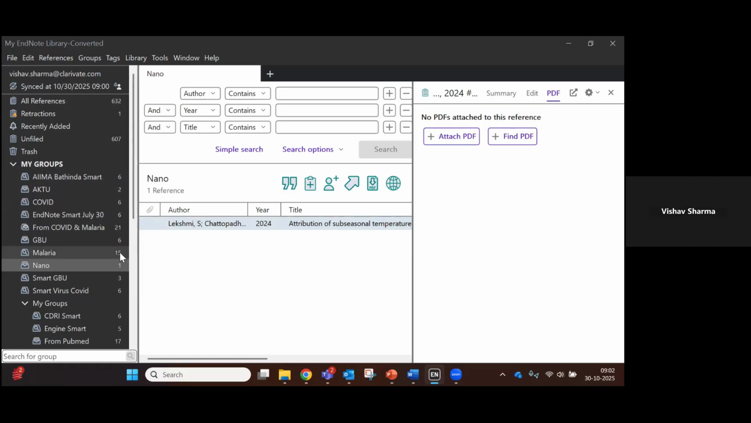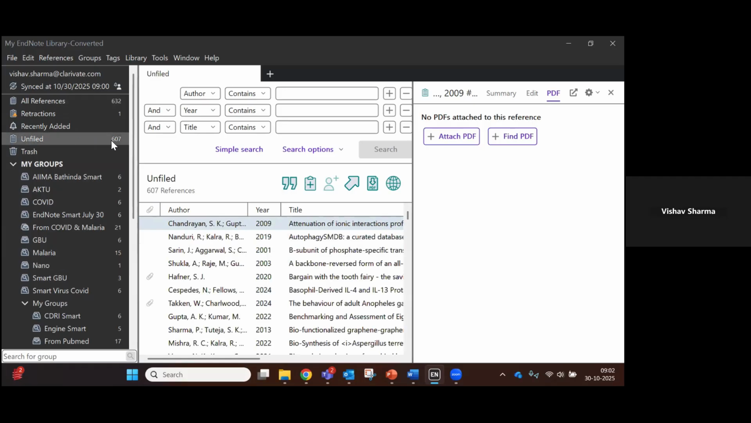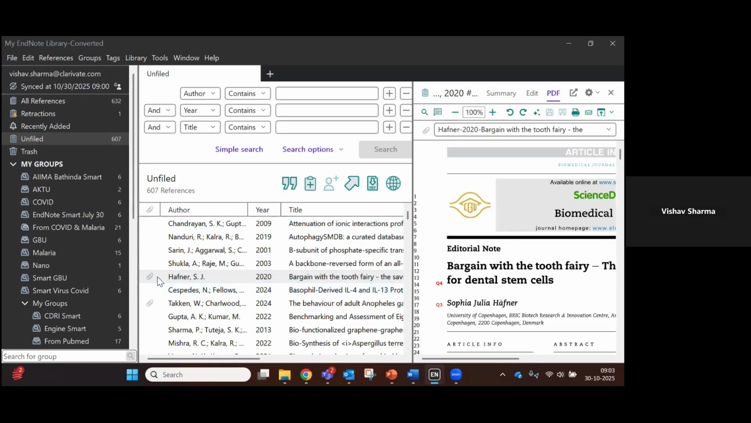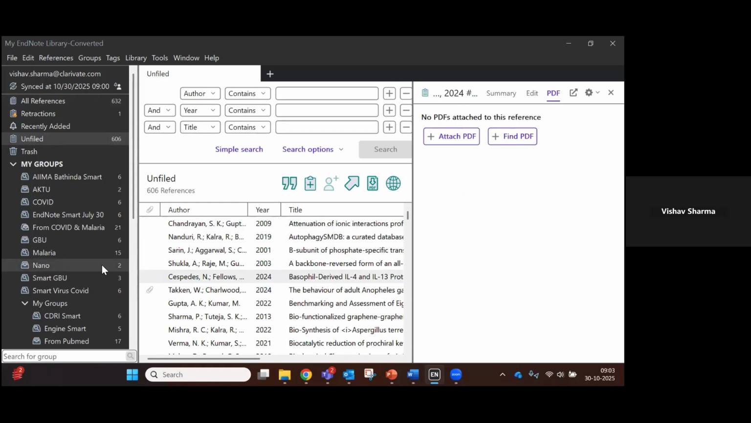Now, the references which I did not allocate to any of these groups will remain in Unfiled. These are the references that do not belong to any group. Let me click on Unfiled. These are 607 references, and let me allocate some of the references from here. Let me allocate this to a particular group. Okay, so I click on this and I'm going to take it to nano, dragging and dropping like this. This becomes 2, and this was earlier 607. It has come down to 606. As you can